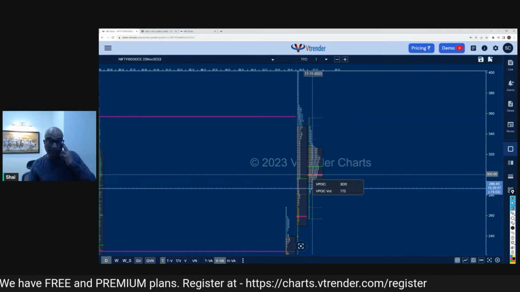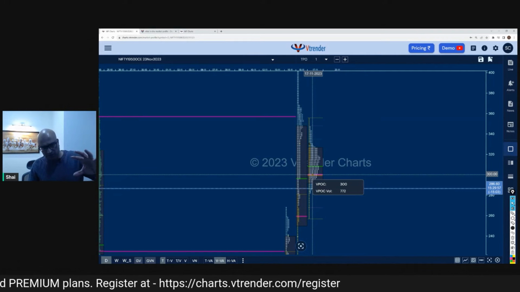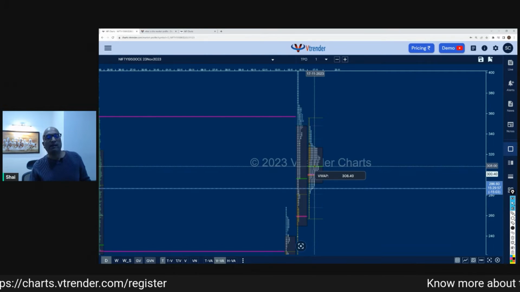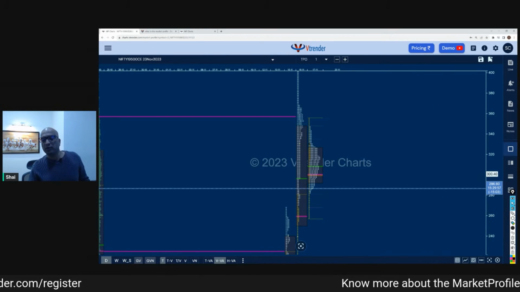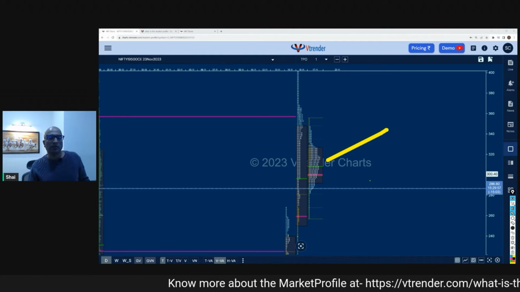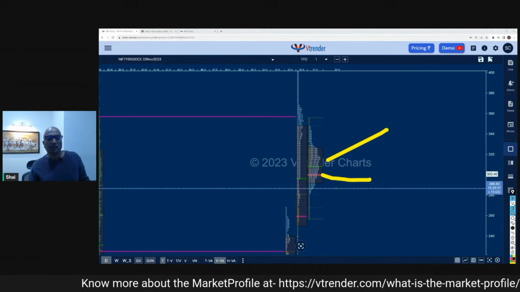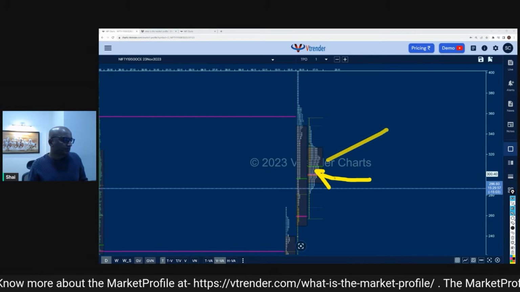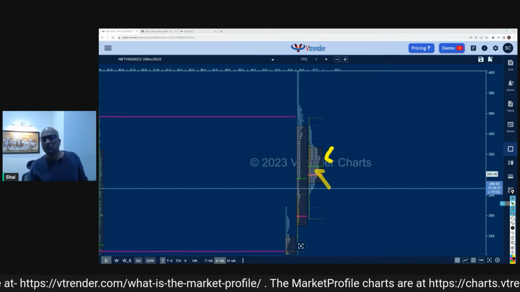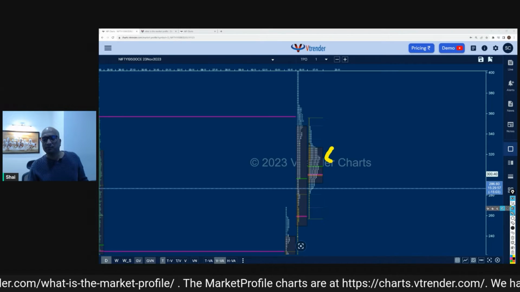We also have a second POC, which we call the HVN, which is the second biggest concentration of volume. And we have the VWAP represented by this green line over here, right? So this is the information which is given to us. Now, the second bit of information this market profile chart will give you is the shape of the profile,